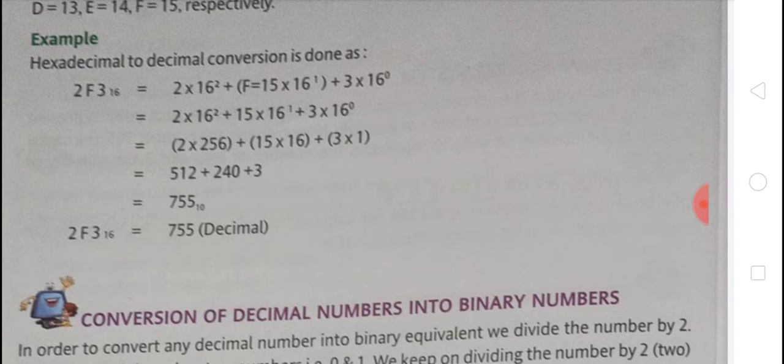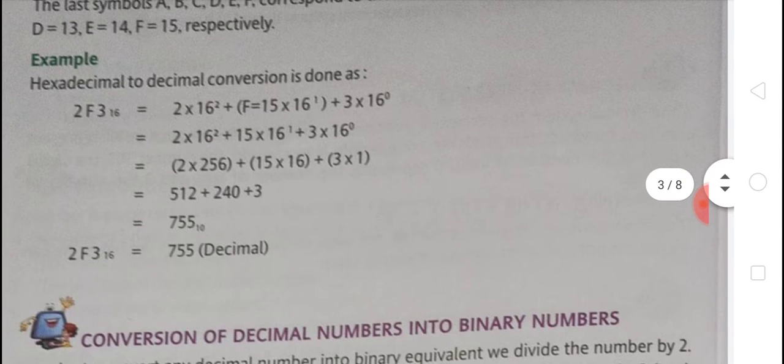Here, as you know that the base of the hexadecimal number system is 16, so we multiply each digit by 16. So 2 into 16, then F into 16, then 3 into 16. As I said earlier, F is the value for 15, so in place of the F we can write 15. So next, 2 into 16 plus 15 into 16, then 3 into 16. Then write the power from the right side, 0 to infinity.